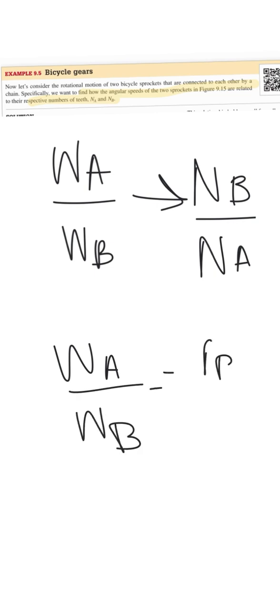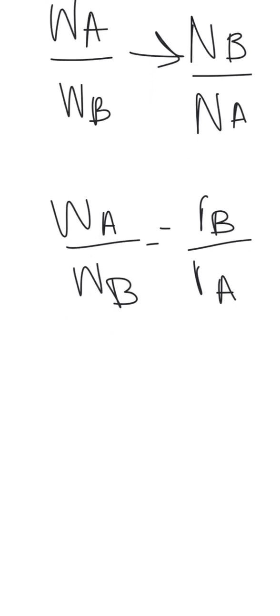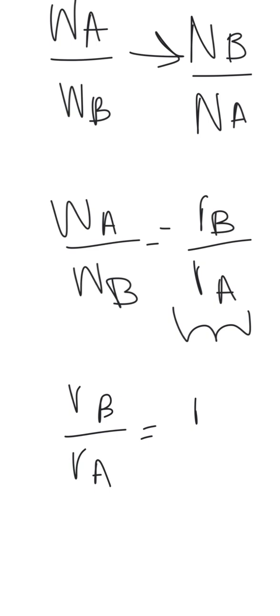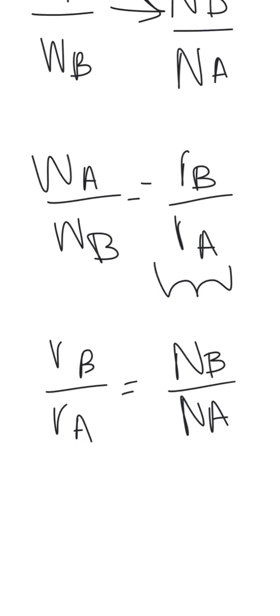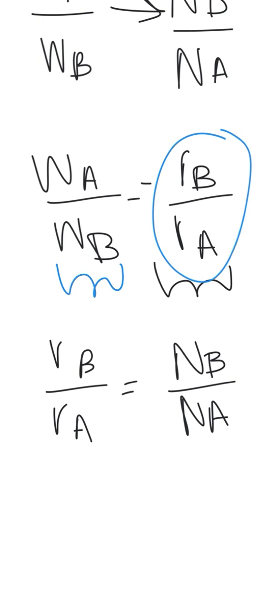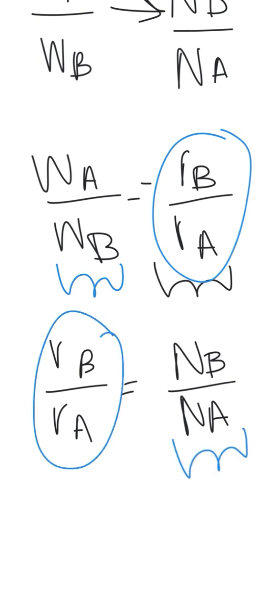So the way we're going to do this is that we know that WA over WB is equal to RB over RA. And now it's also important to note that this RB over RA is equal to NB over NA. So basically, we've already found a relationship, and the relationship is that if WA over WB is equal to RB over RA, and RB over RA is equal to NB over NA,